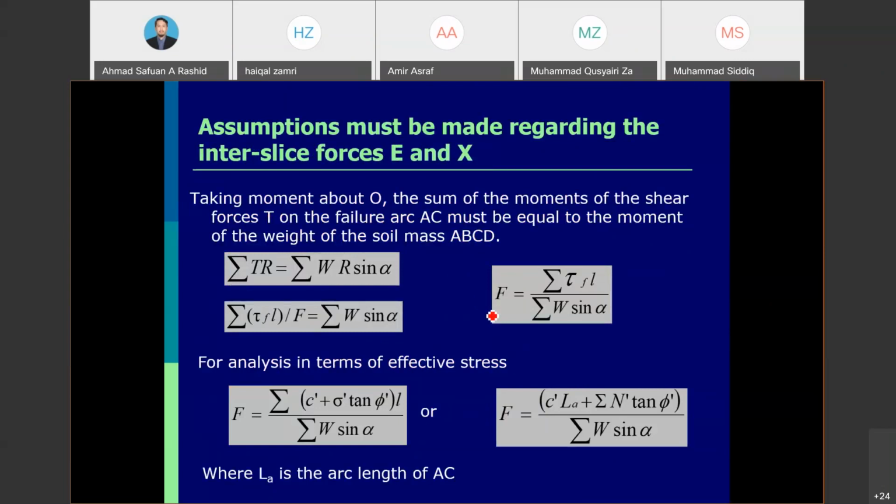Basically, this is the general equation for the method of slices for each slice. Actually, they have a cumulative symbol here. It means if you divide into 9 slices, you need to calculate for one slice and then cumulate with the second, third and the last, the 9th, then you get the factor of safety value as the average value.